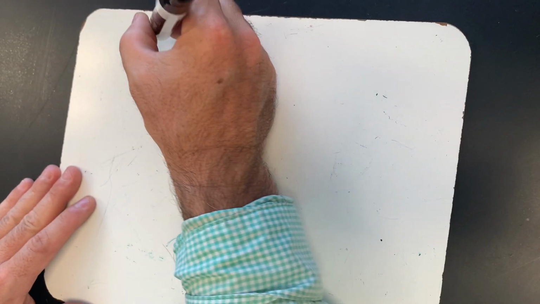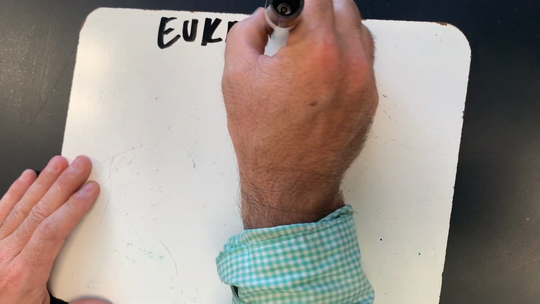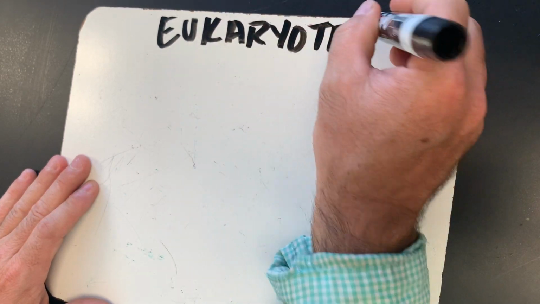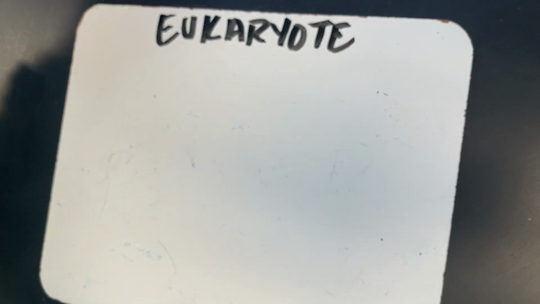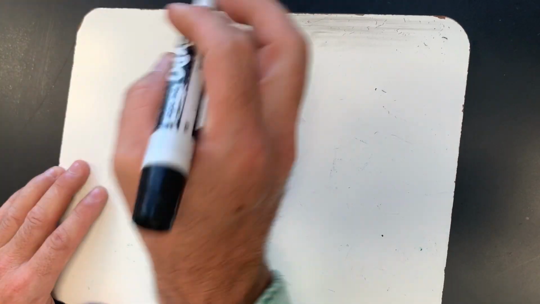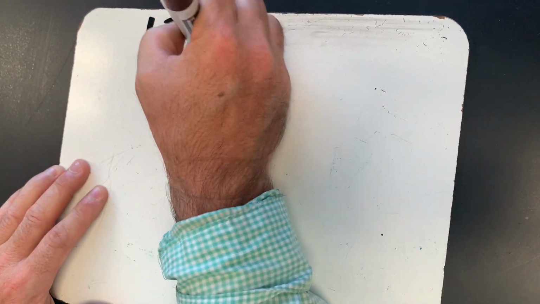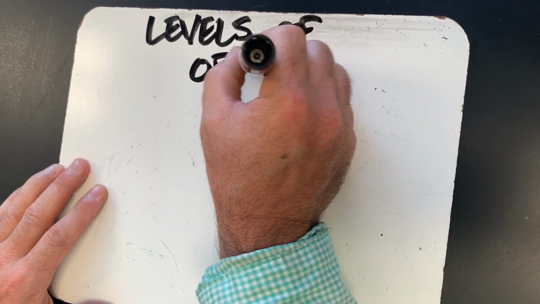So I want to compare and contrast these things, but first I want to draw them for you. So eukaryotes, they're the most complex. We'll draw them first. So a eukaryote, when you're looking at it just as a cell, I mean, if I draw me, I'm going to draw multiple cells. And maybe we should really talk about what that looks like in terms of a level of organization first. So let's start there. So in levels of organization, in at least biological systems,